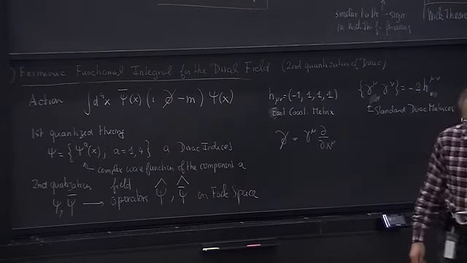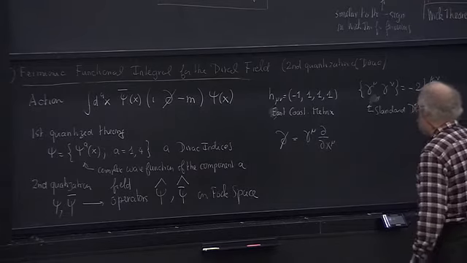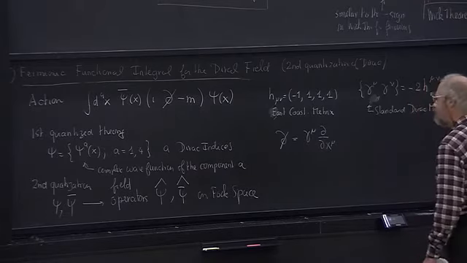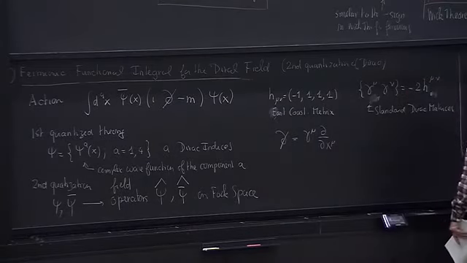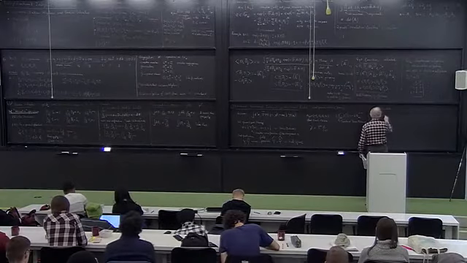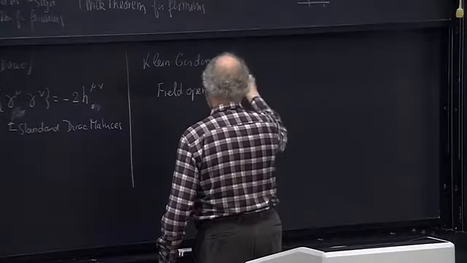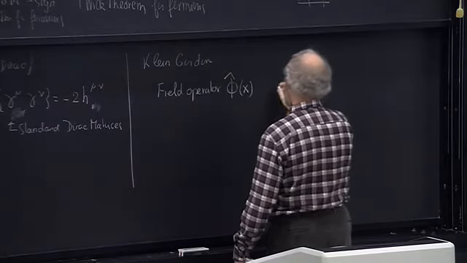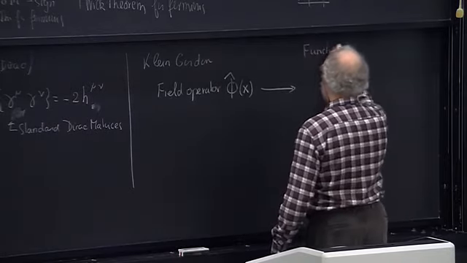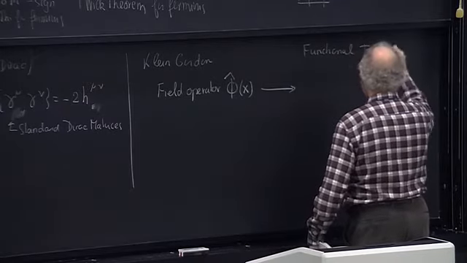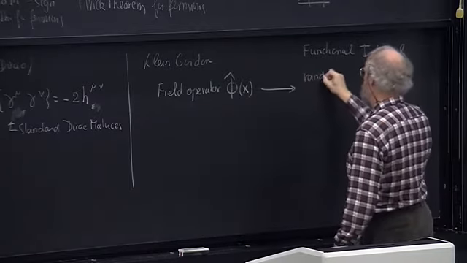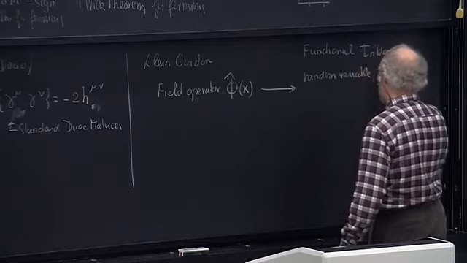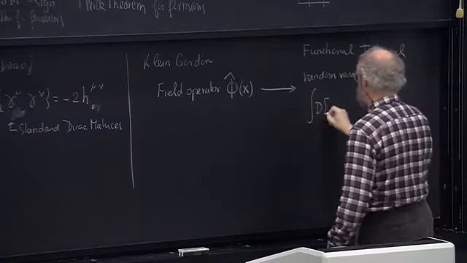Well, remember, for Klein-Gordon, in Klein-Gordon we have a field operator phi hat of x, and in the functional integral, we just realize this field operator by a random variable phi of x,